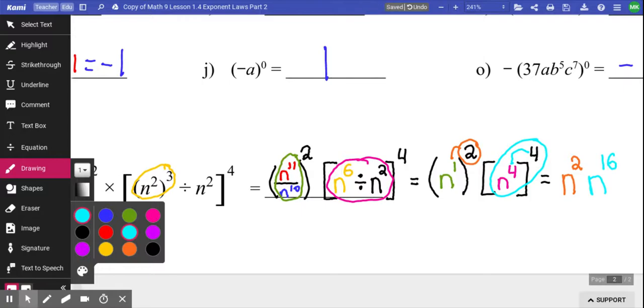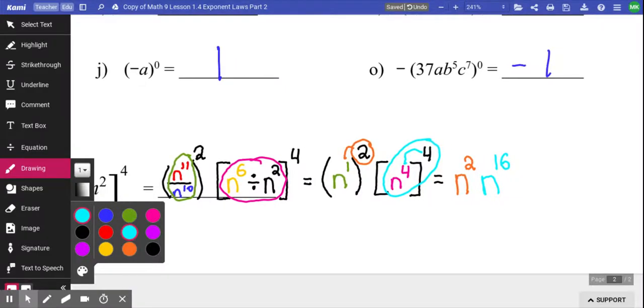You've now narrowed it all the way down to your last step. You have n to the power of 2 times n to the power of 16. When you're multiplying like bases, what do you do to their exponents? You add them. That becomes n to the power of 18. Yeah, and that is the answer. So I don't know if anyone ever